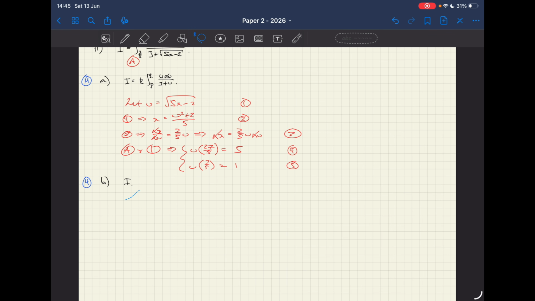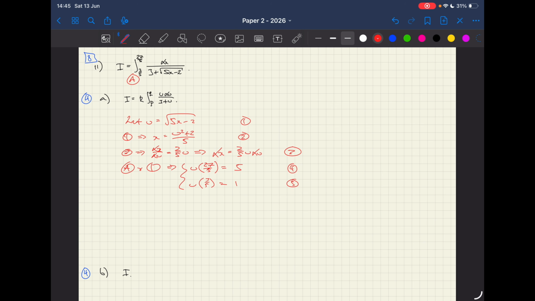And now then, we can stick all these bits together. So we need to take the definition of the actual integral itself, a. We need to take the value for u, which is 1. We don't need the value for x. Don't need that one. But we do need the expression for dx. And we need both of our limits, 4 and 5. All these facts together then, they're going to tell us